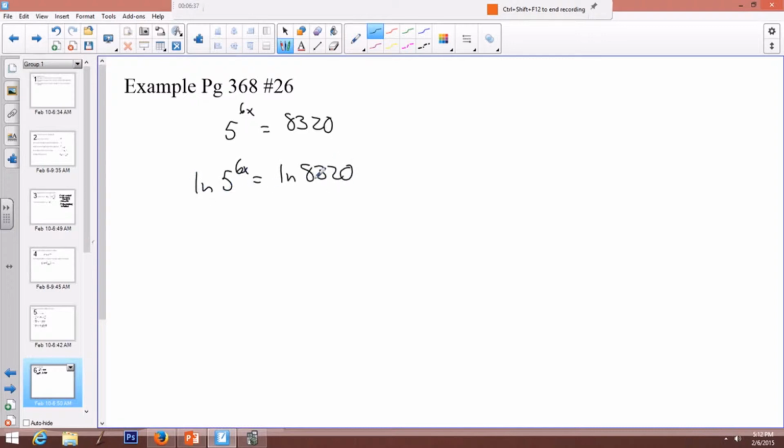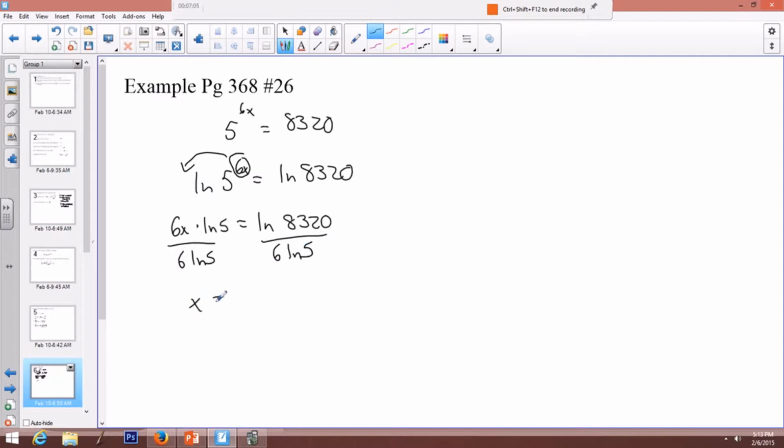Since I've taken the ln of both sides, I haven't changed the problem, since whatever I did to the left or did to the right keeps it balanced. The property of logarithms says that I can take this exponent and move it down. That'll give me 6x times the ln of 5 equals the ln of 8320. And then I'm going to divide both sides by 6 ln 5, and that'll give